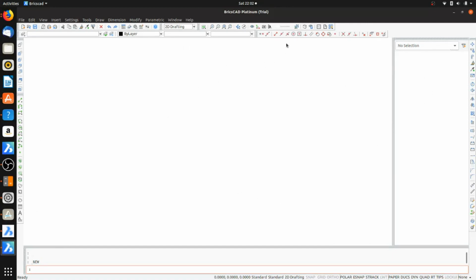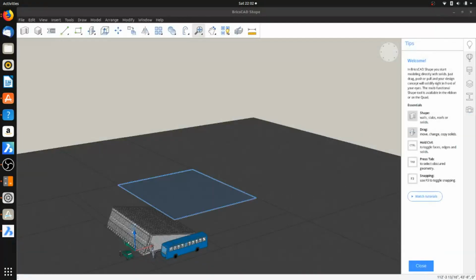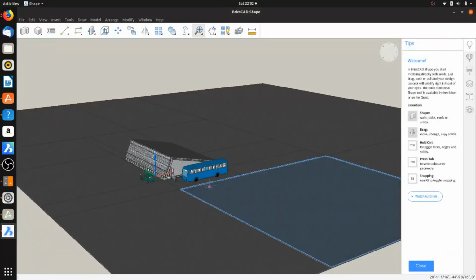It is actually very intuitive software, and you can see there's like a lot of different buttons because it could do a lot. But we're not going to focus on that today because this could be overwhelming for some people. But I'm pretty sure some people that are watching right now, they are designers, and they're probably wondering like, what is BricsCAD? Well, it's a software